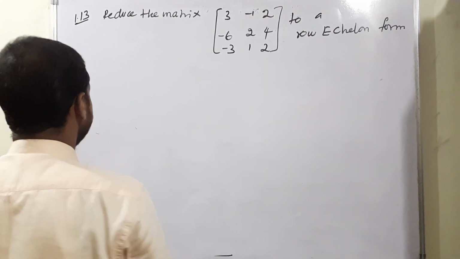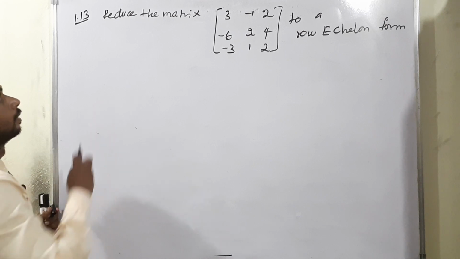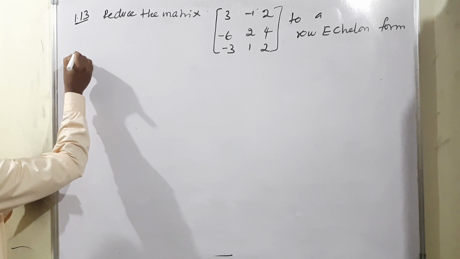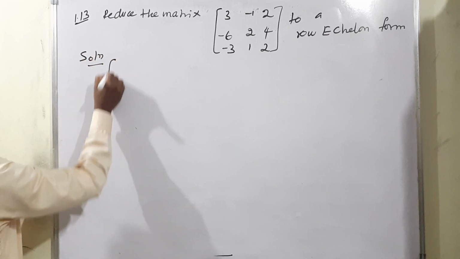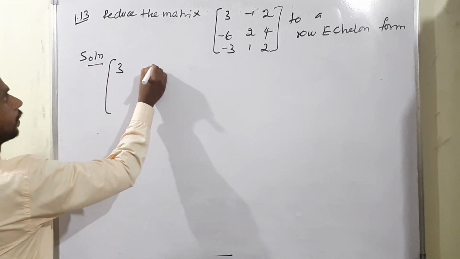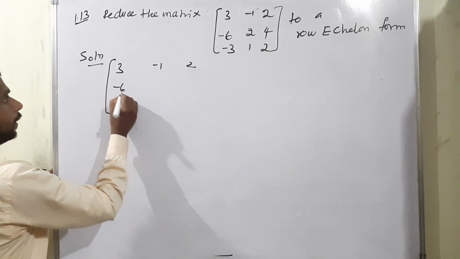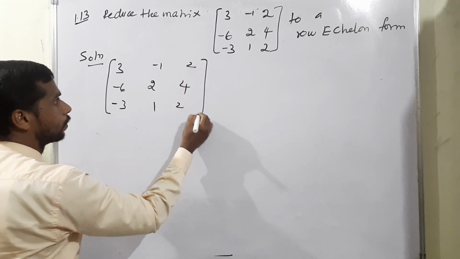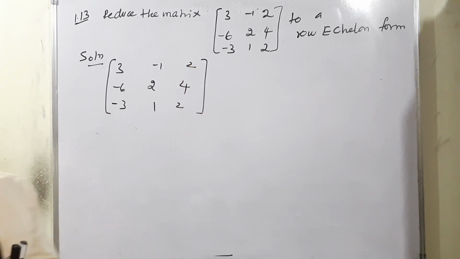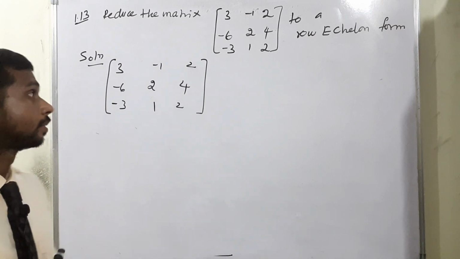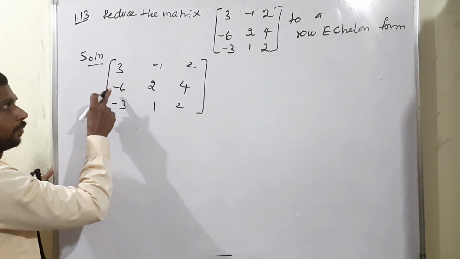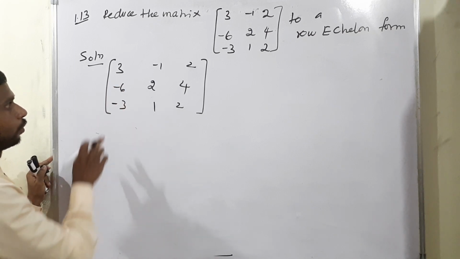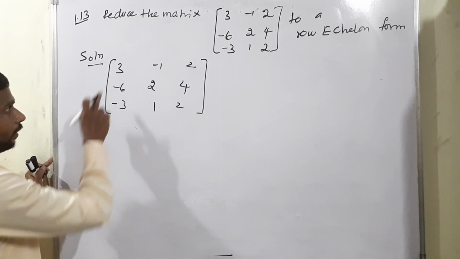So I am moving to question 1.13: reduce the matrix to a row echelon form. Solution, the given matrix: 3, minus 1, 2; minus 6, 4, minus 3; 1 and 2. What is the meaning of row echelon form? When starting the non-zero digit, we have to show that the terms under it should be 0. So what we have to do to make it 0, first condition,